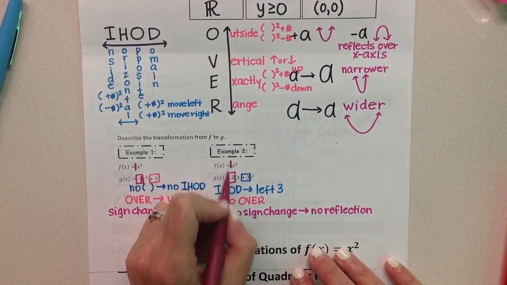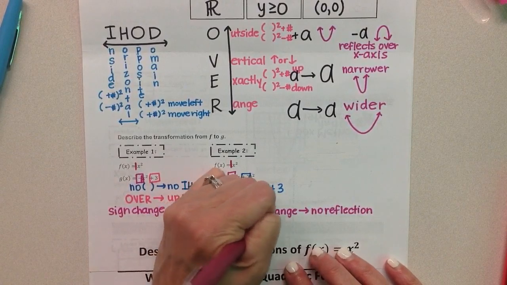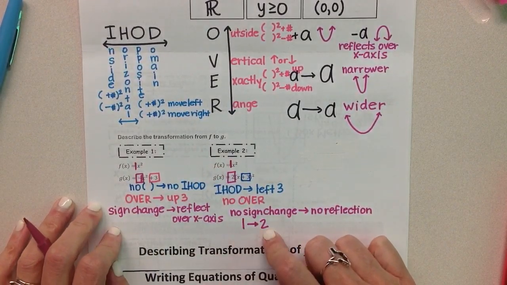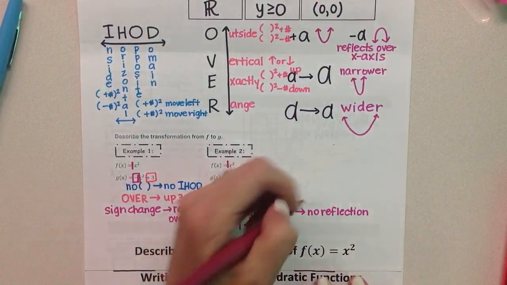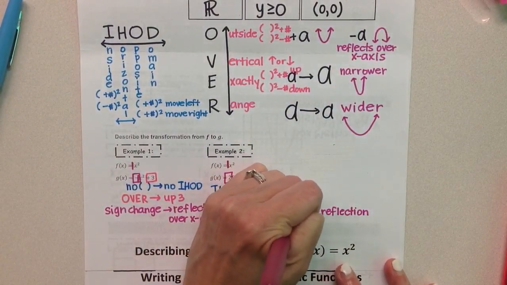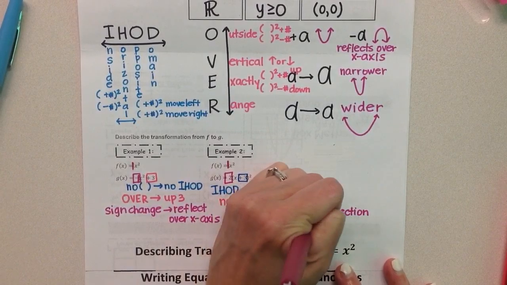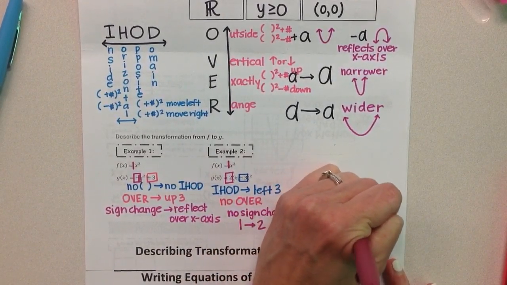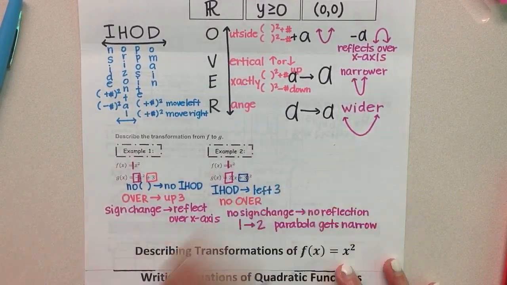Now, I want to look at the A. It went from a 1 to a 2. So is that getting bigger or is that getting smaller? And hopefully you said it is getting bigger, which means the parabola gets narrow. So it's getting skinnier. So here are the transformation